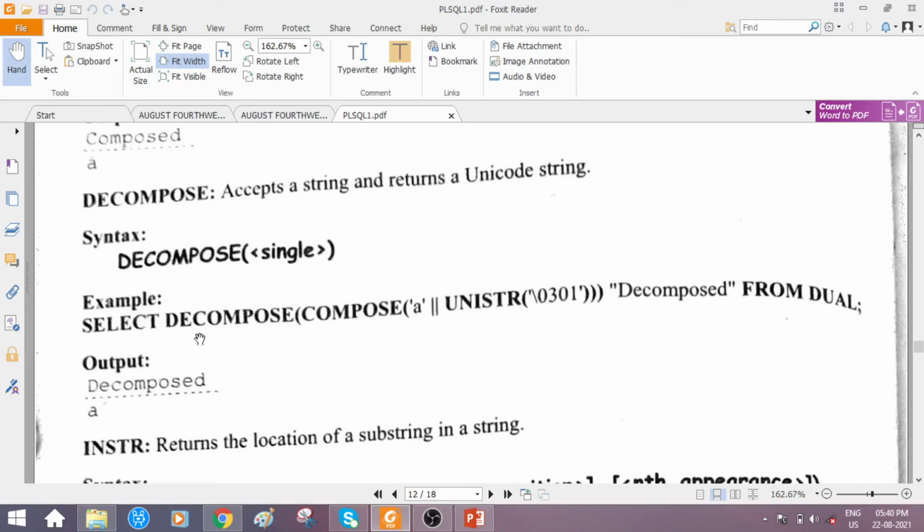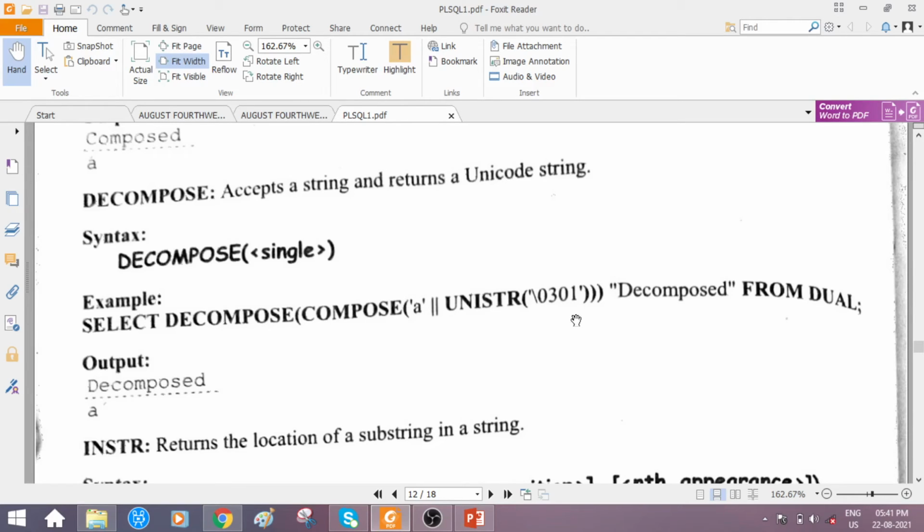Check out. Select operation followed by decompose, open parenthesis. See, you're finding the compose string function provided as an input. Above we have used compose, right? So the same one is used here. Same example as we dealt with just now for compose. The compose function is attached here as an input for the decompose string function. Decompose, open parenthesis, following that the compose string function. Within parenthesis, what? The character A concatenated with uni string value 0301.